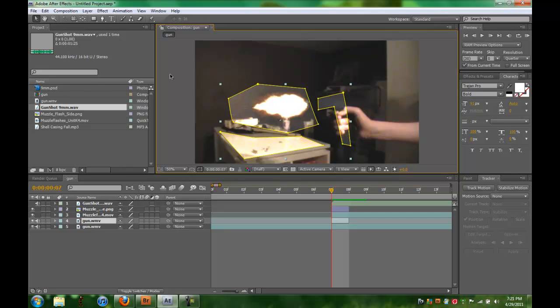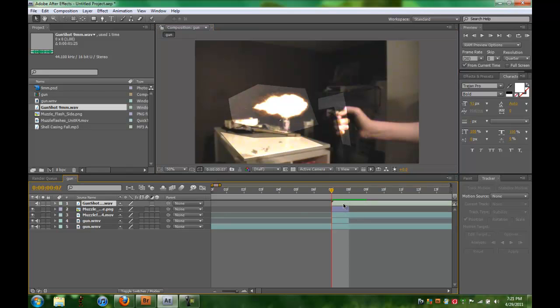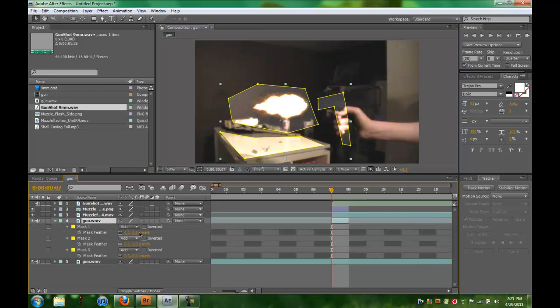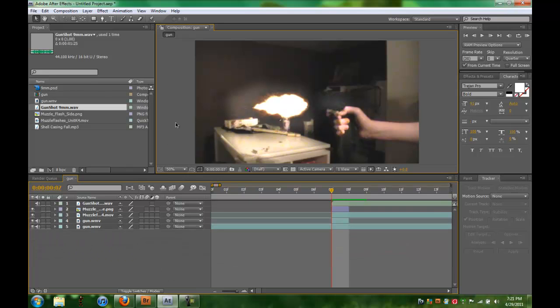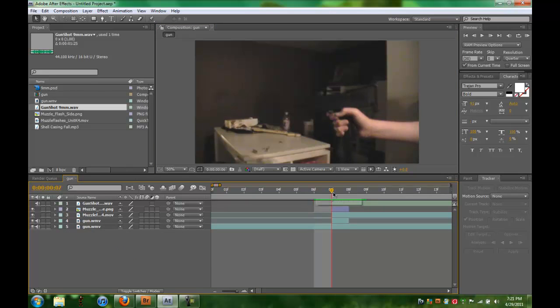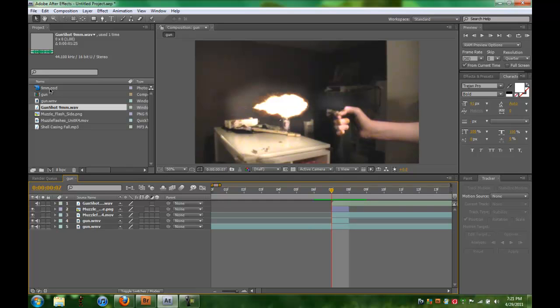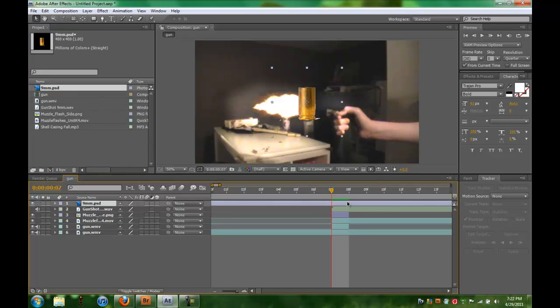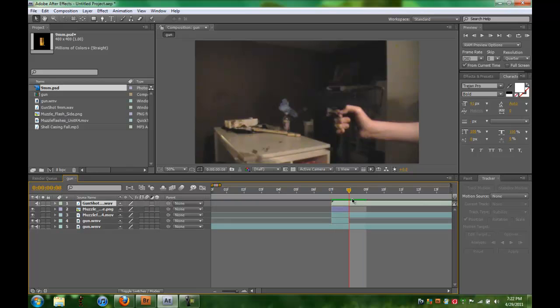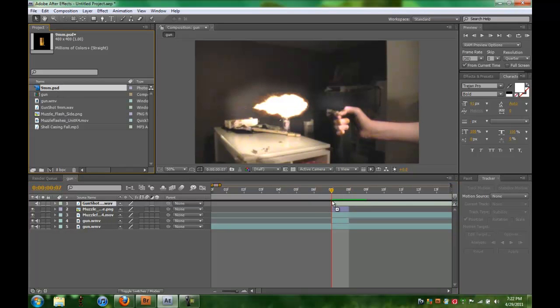Now as you can see, it lights it up, but it's really messy. Go on this layer and click F for the feathering. Change each one to about 60 to 100, depending on how much you want it to be on. Now you can see it kind of looks much more natural and more lightish, like that. Looks pretty good. For the final element, we're just going to add our shell casing. Make sure your gunshot only lasts 1 frame. Or, yeah, okay, that's the sound. Sorry. Alright. So put your shell in,